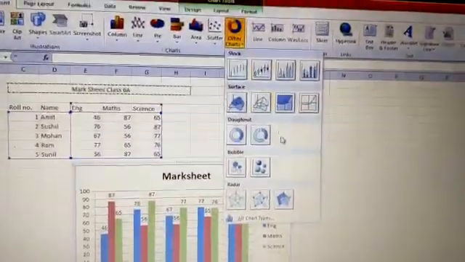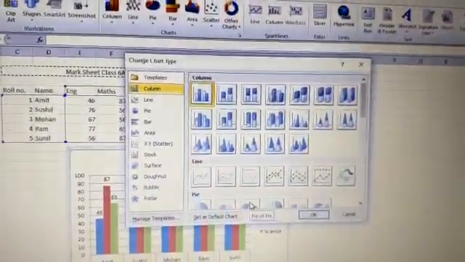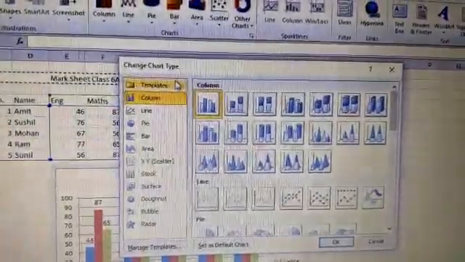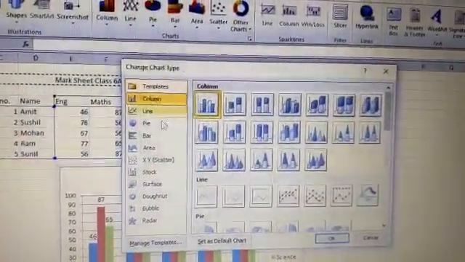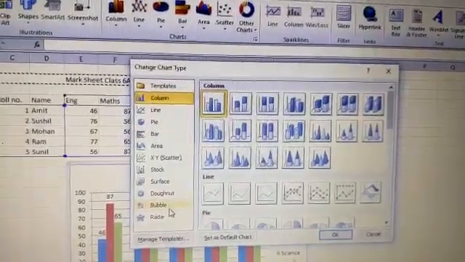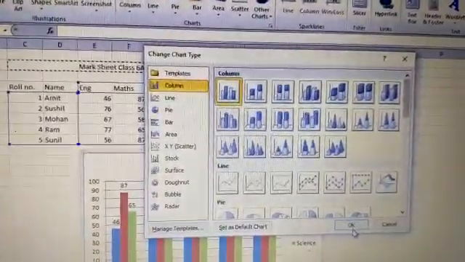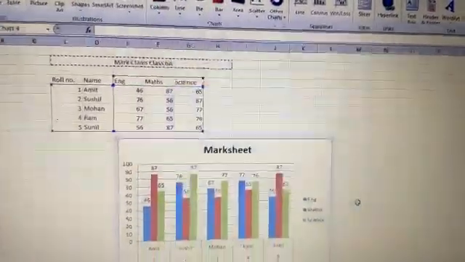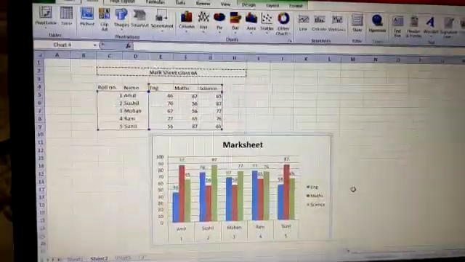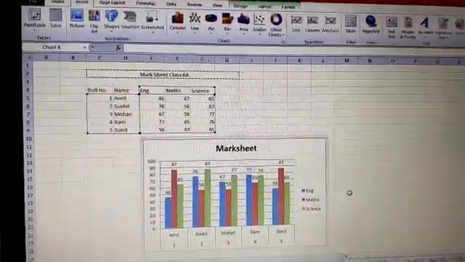If you press all chart types, you will get the various charts: the column chart, line chart, XY scatter chart, stock, surface, donut, bubble. It depends on you what type of chart you want to insert. This way we have discussed the topics which were given in chapter 2.